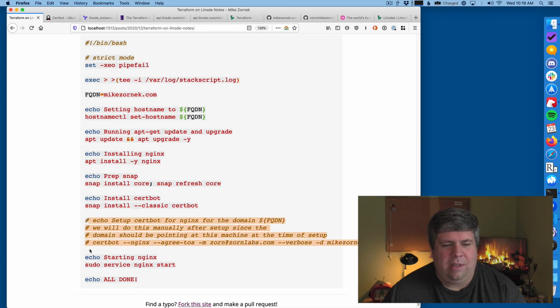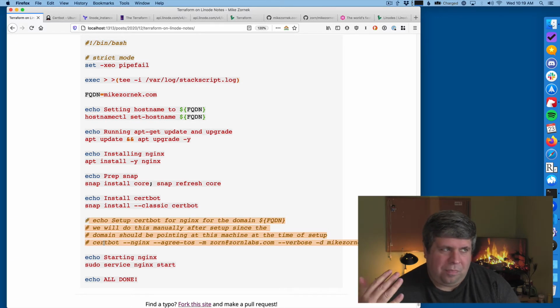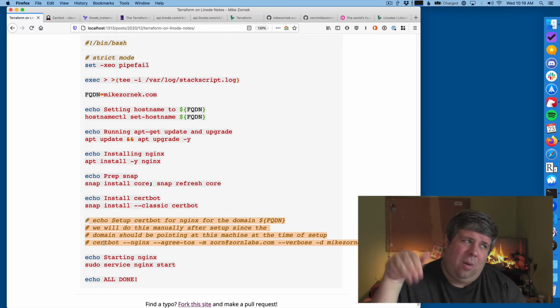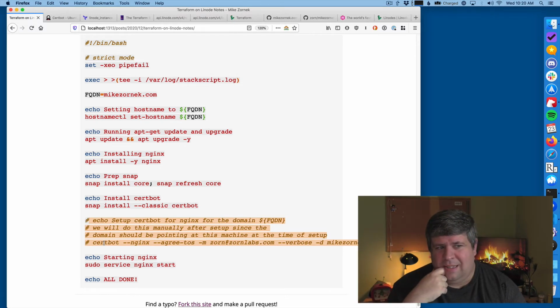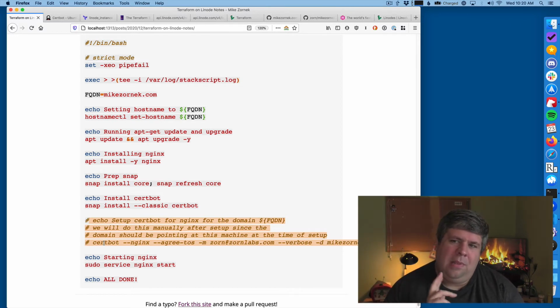I did originally have the intention to use certbot right during the setup procedure. That turned out not to really be available because to create the SSL cert with a really simple call, the domain has to already be pointing at the Linode instance. So I commented this out and ran this manually after the fact, after I rejiggered the domain names.